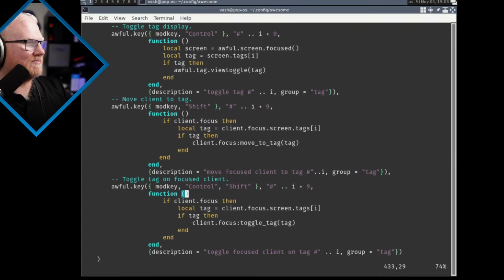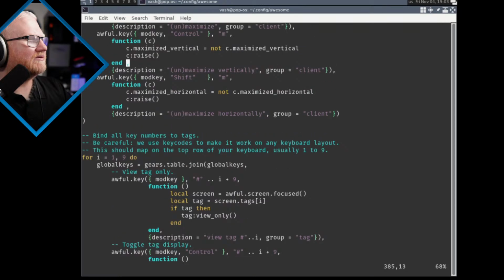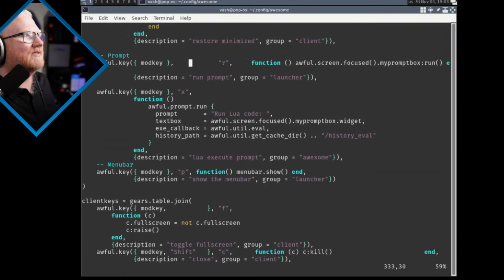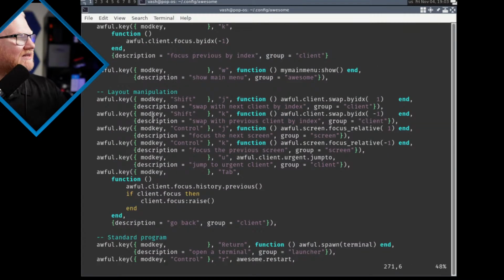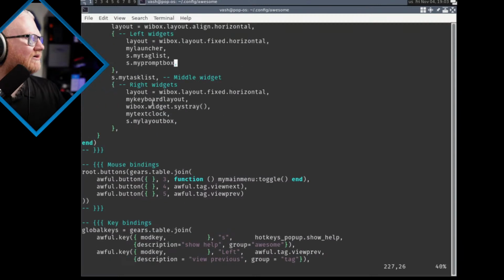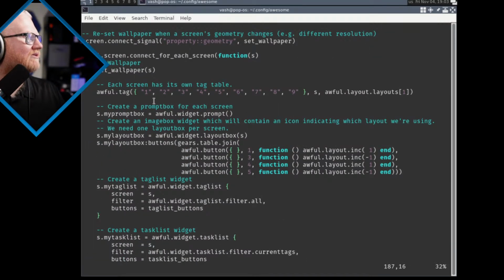But oh, I've passed it. It's way up here. So I'm looking for a list of the tags. Right now you can see the tags up here are 1 through 9. Here they are. So here's the list of tags it's going to use, and then after that there's a comma S, and then awful.layout.layouts and a 1. I'm not entirely sure what awful.layout.layouts and the 1 does, and I'm not sure what the S does, but what I do know is that if I go in a bit and say local